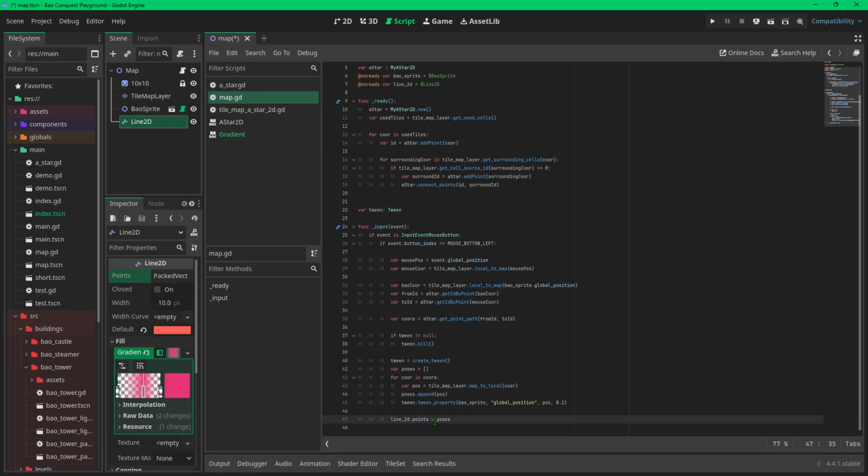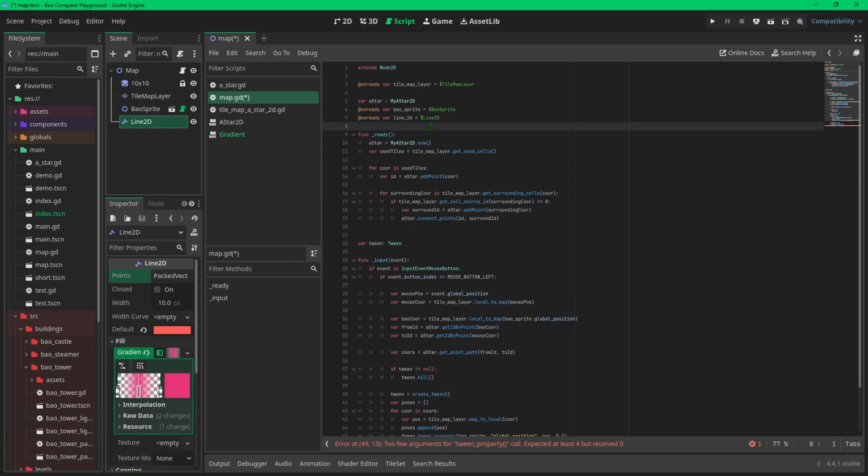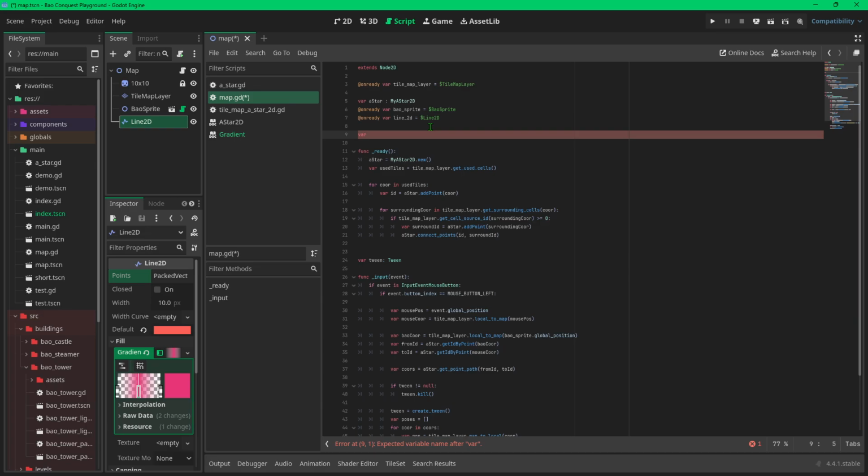So now we have to animate this point in between the other two points. Let's make another tween and call it line tween, red tween. Then we add one tween property to this, so we can add one value to this gradient point. The gradient point is a value between 0 and 1. So we can move back up here and declare a new variable, gradient offset.